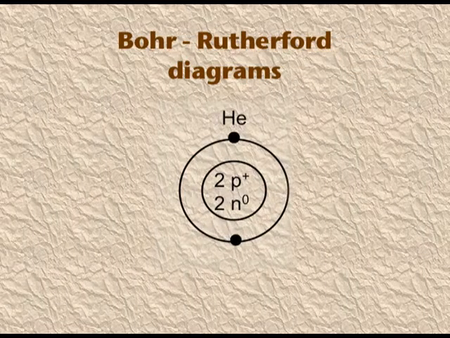Putting together the Bohr and the Rutherford model. Now let's see the atomic model. In the center of an atom, a nucleus is drawn and the nucleus should have the protons and the neutrons as per the element. Then an orbit is drawn around the nucleus. Here you can see the helium atom. 2 protons, 2 neutrons in the nucleus and the 2 electrons in the orbit.